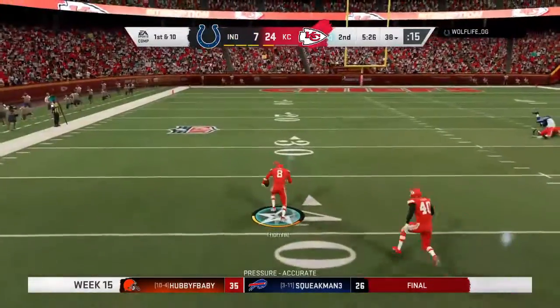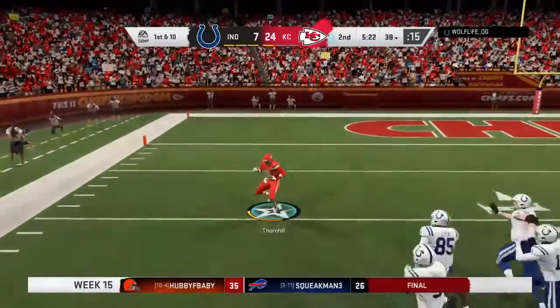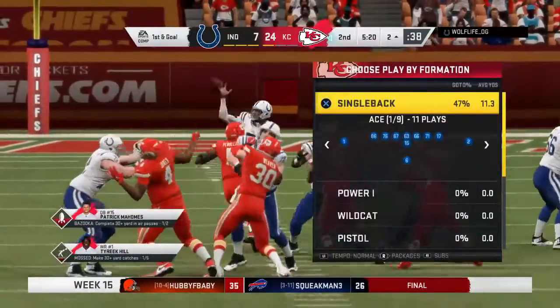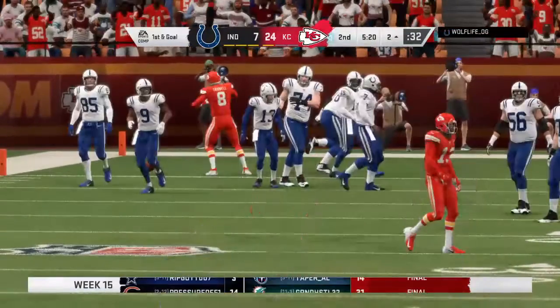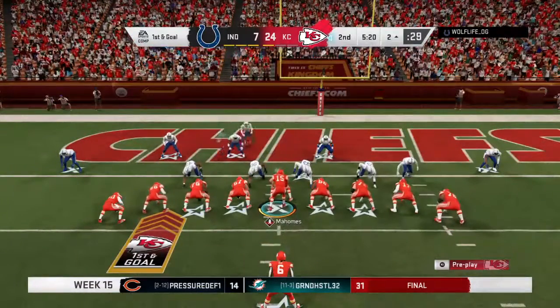And he fires one that's intercepted. Picked up by Juan Thornhill. And he will not get all the way home, but he will take this back down to about the 2-yard line. Week after week, we're seeing plays like this from him, and I think he's in line, we've discussed it before, for NFL Defensive Player of the Year. And a big reason why,